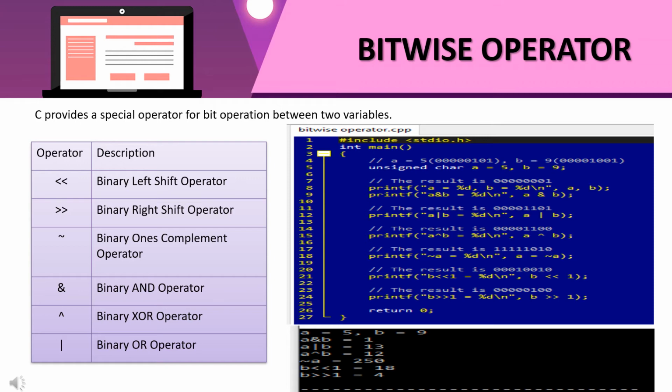And here you can see in this output that a equal to 5, b equal to 9, a AND b becomes 1, a OR b becomes 13, a XOR b becomes 12. a with NOT operation becomes 250, and for left shift operator it becomes 18, and after right shift operator it becomes 4.